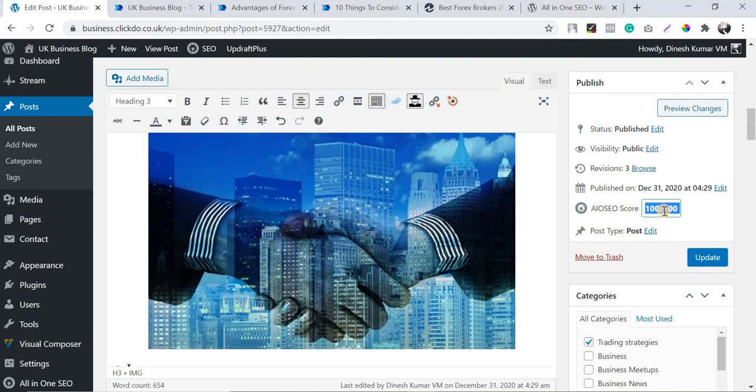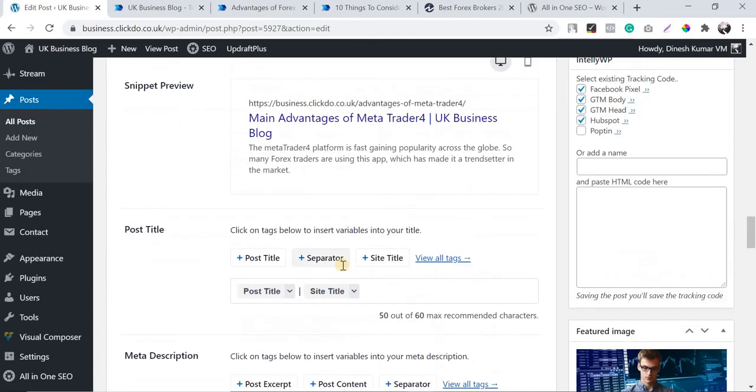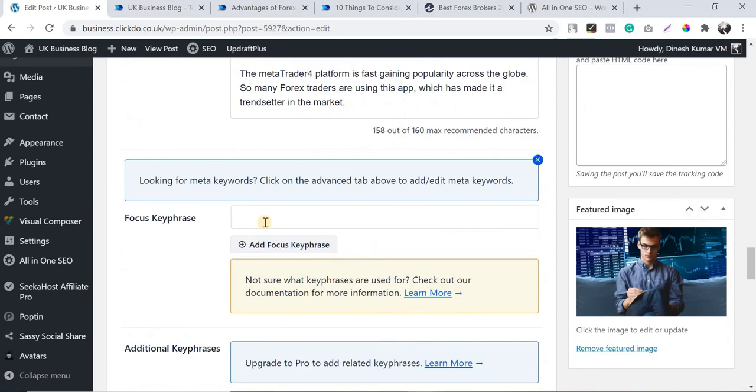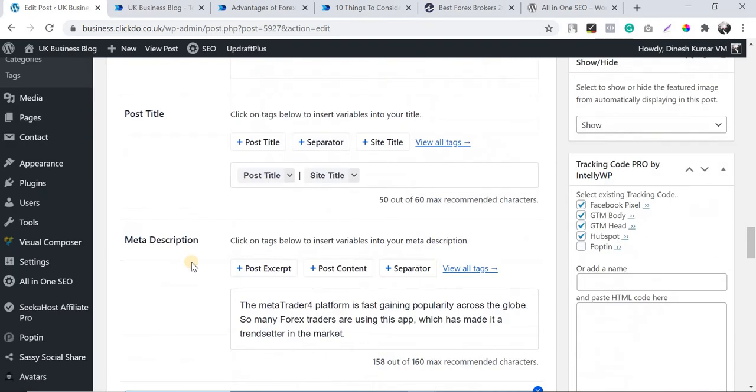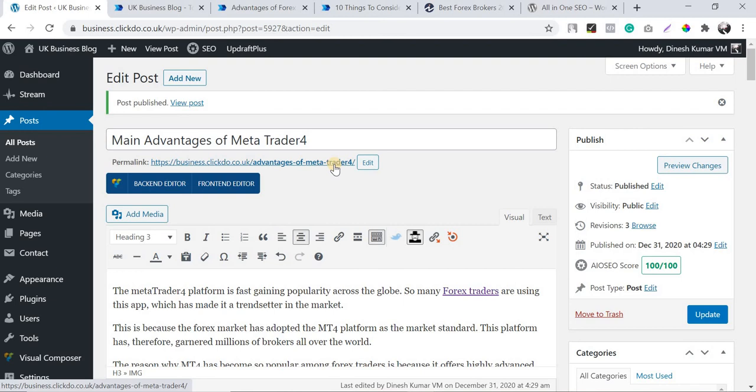Let me give a quick recap of what we have seen today in this video. So first thing is the core on-page factors, that is title tag, meta description, and the focus keywords. Obviously you can add meta keywords like advantages of trader 4, even advantages of trading. So when it comes to core on-page SEO, the title tag, description, meta keywords, and the URL slug should be the main things which you must not skip, or you must not make any mistakes that spoil the on-page. So just keep this perfect. So these are the core factors.